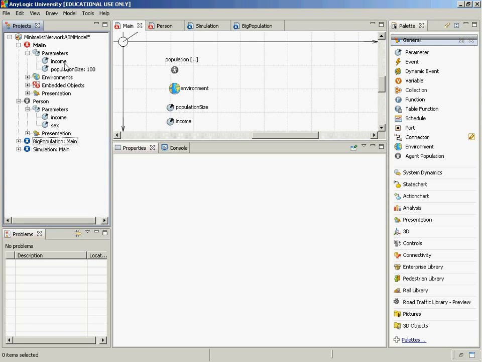There's a set of things in the model that can see it and that can refer to it. Here, the scope of this income is the main class. That's the only thing that can see the value of that. The scope of the income inside of person is the person class. That's the only thing that can see that income. And the point of interface is when you create one of these people, you can specify a value to use